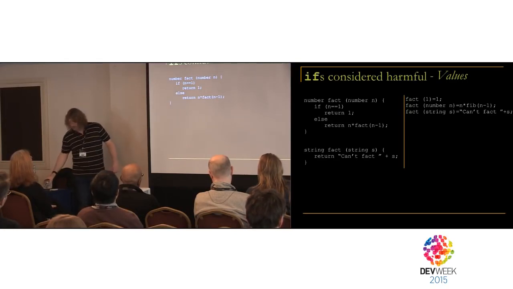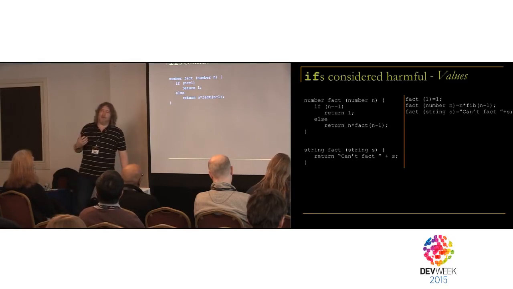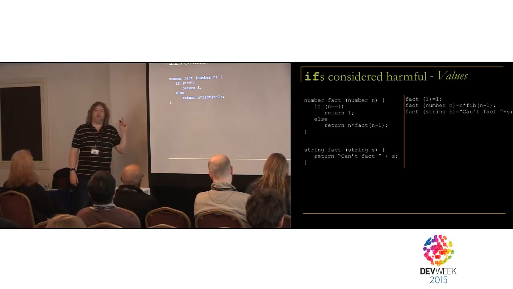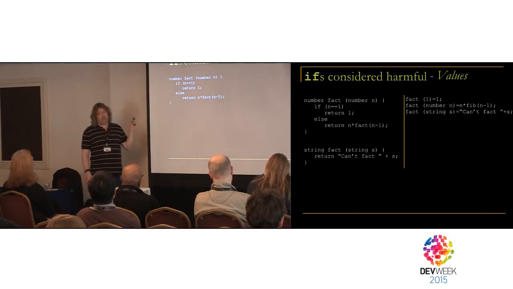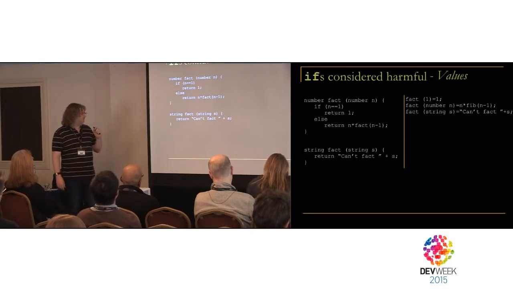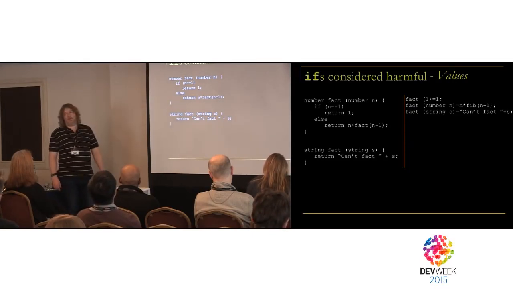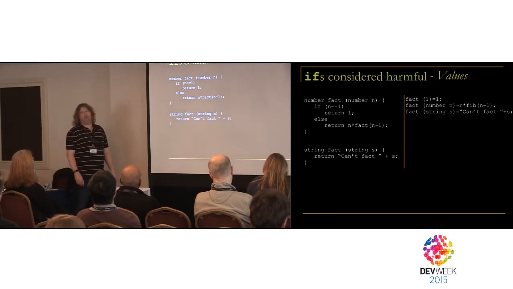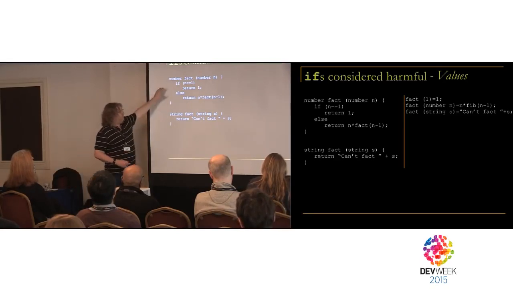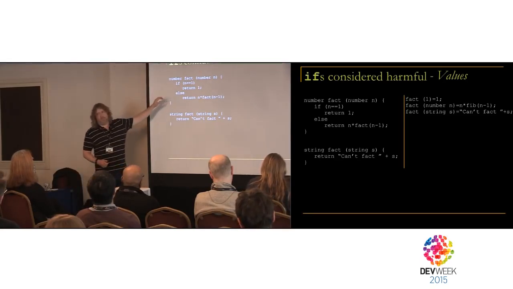Now, the reason for showing you this is because in every modern language, there's a concept of polymorphism, which means that we don't necessarily need to take the factorial of a number. We can also take the factorial of a string. And this is perfectly legal in pretty much every language that exists. And this causes you absolutely no difficulty whatever. What we're trying to do, remember, is to get rid of this condition.